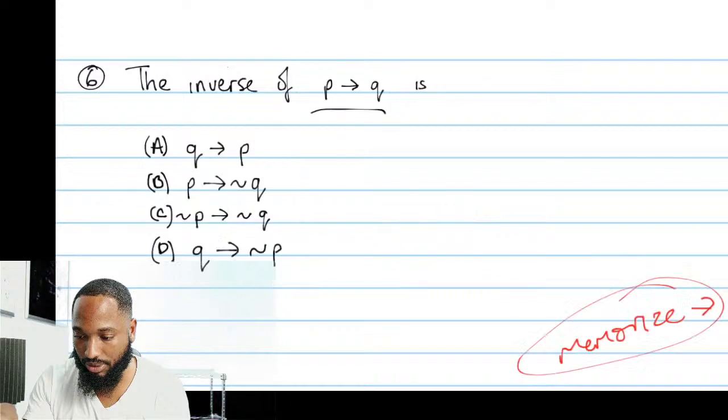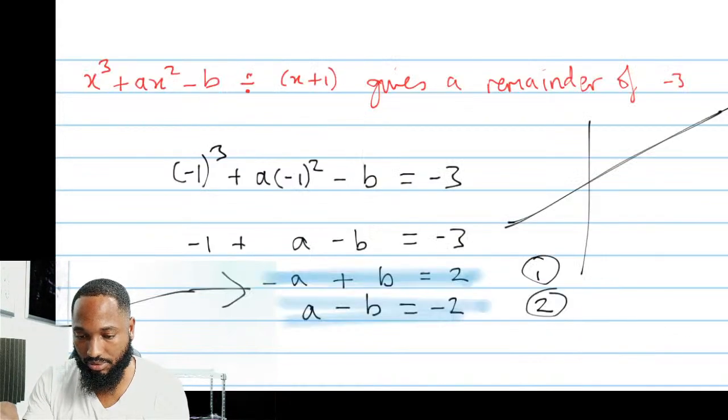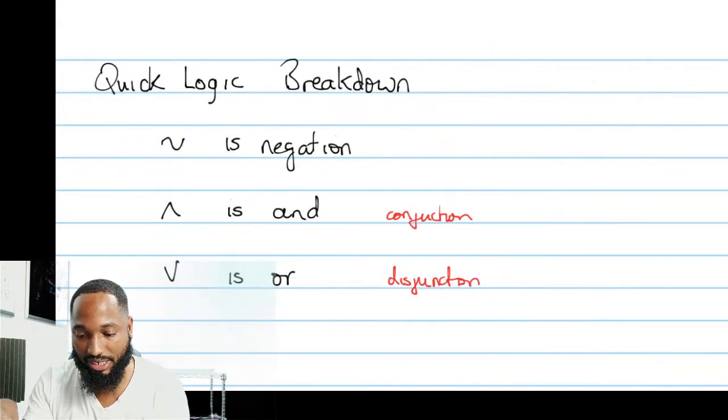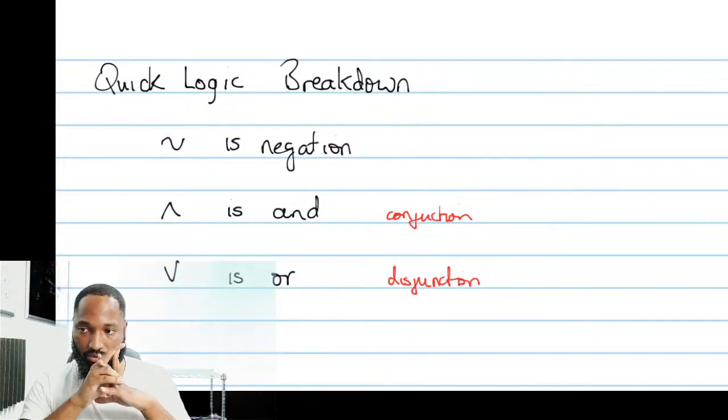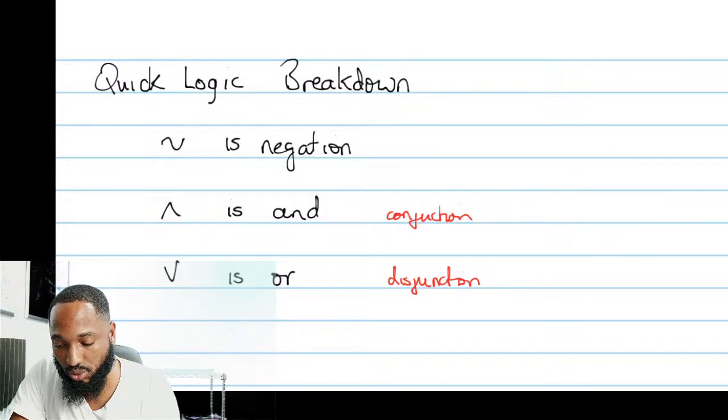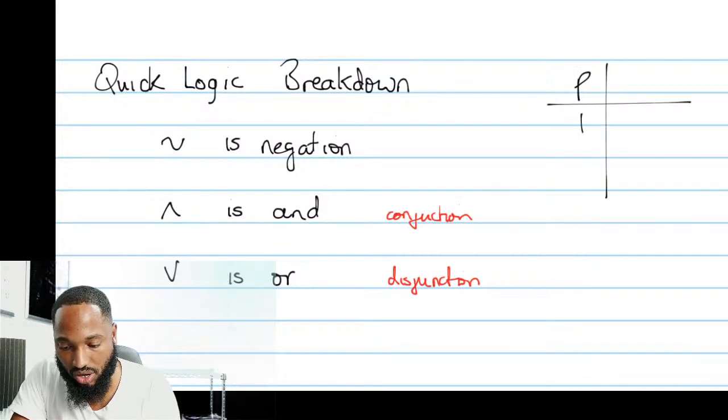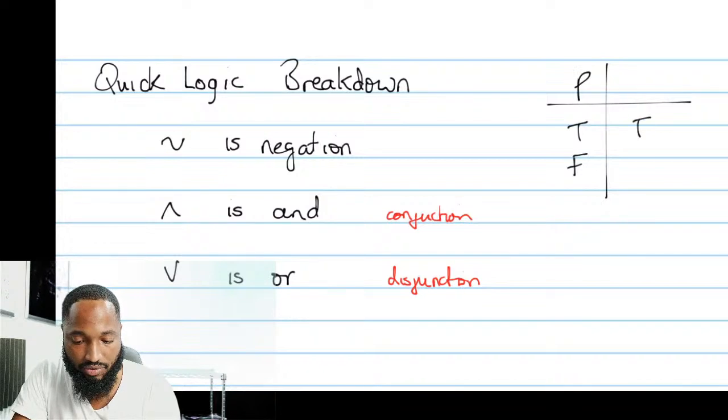Did I put the truth table for both of them? Anybody need me to put the truth table for this? Should I put the truth table for them? This one will just swap it, right? So if the statement P is 1, 0, not P will be 0, 1. Or when you do it, we don't use zeros, I always go to zeros. True, false, false, true. Not P, right?